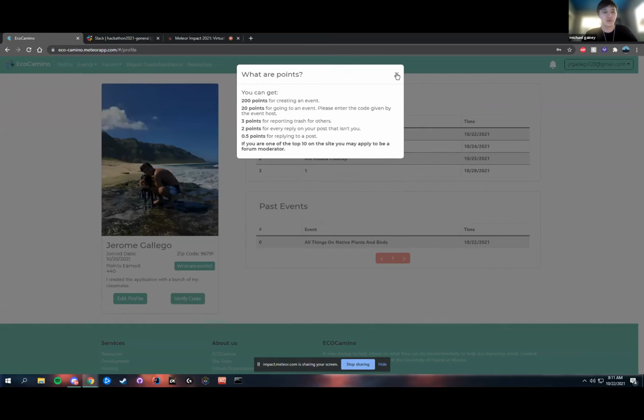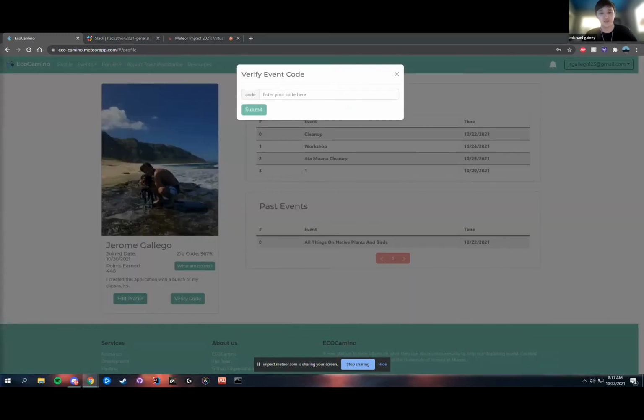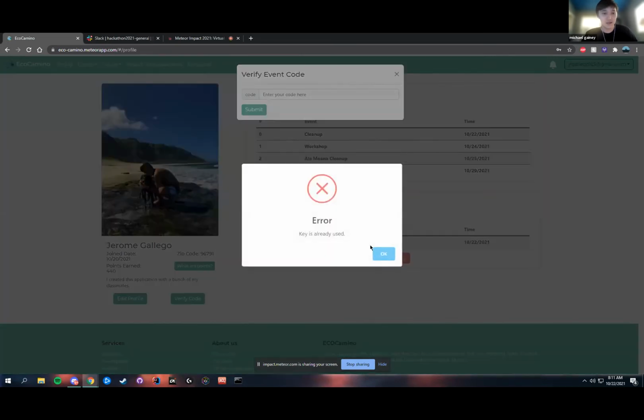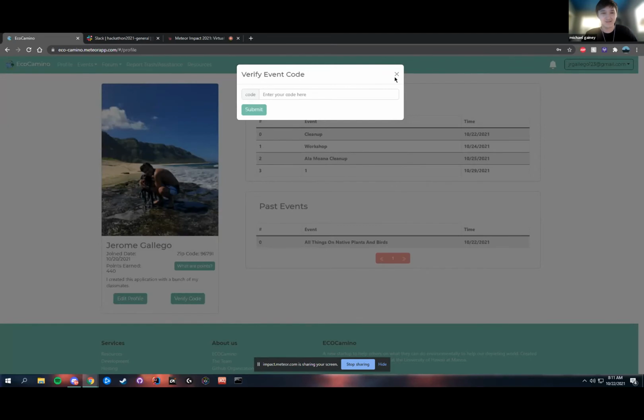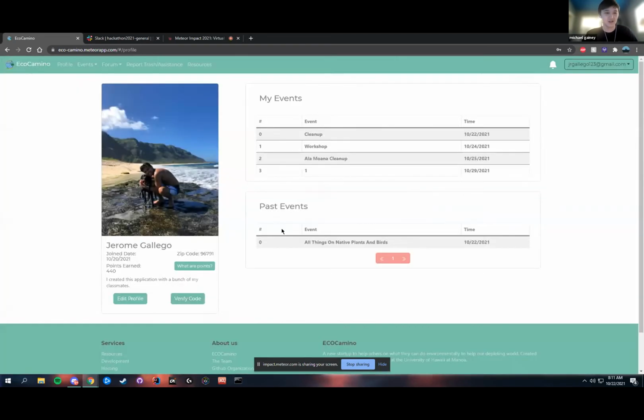To verify the points, they will get a code from the event admin, and once they enter it, they'll get their points for doing that. On this page, the users can also look at their past events and current events that they plan on going to.